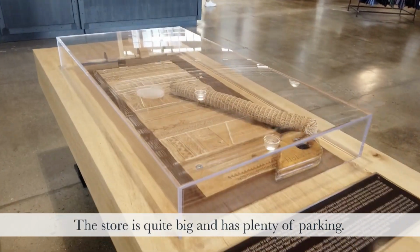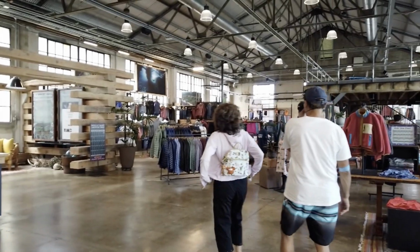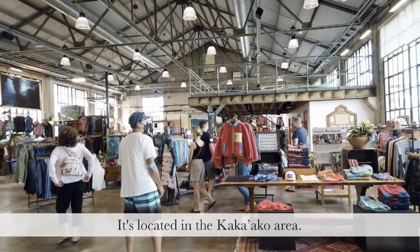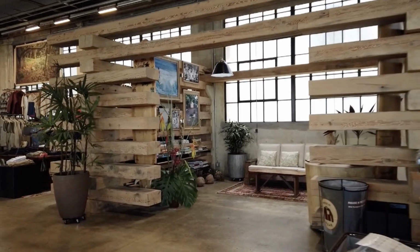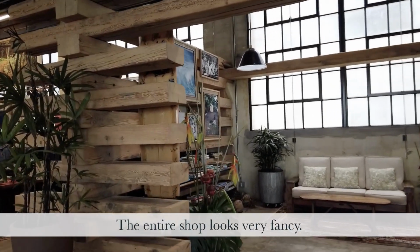Today I want to show you around Patagonia. The store is quite big and has plenty of parking. この店舗割と大きくて駐車場もたくさんあります。It's located in the Kaka'ako area. こちらの店舗、カカアコという人気のあるエリアにあります。